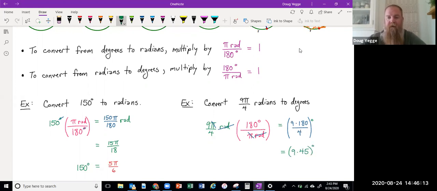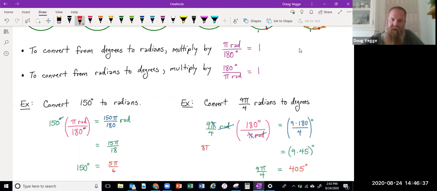degrees, which means that if we look at 9 pi over 4 radians, that's going to be equal to 405 degrees. Notice that's a little over 360. But that makes sense because if you take a look at 9 pi over 4,